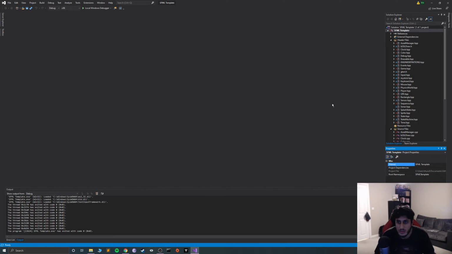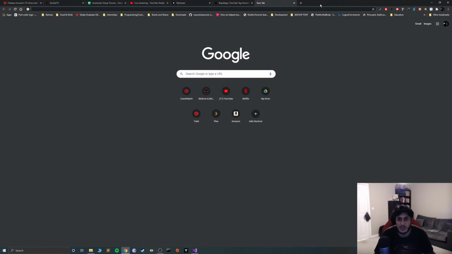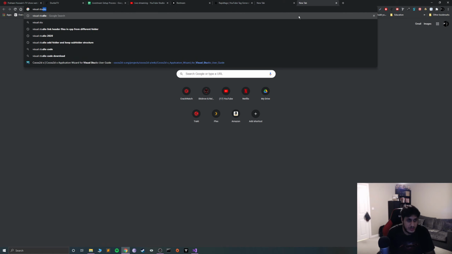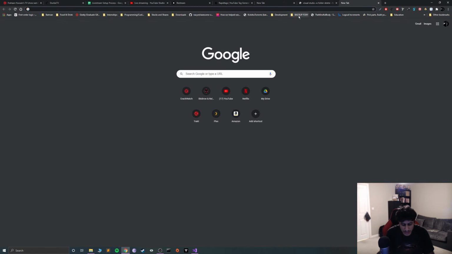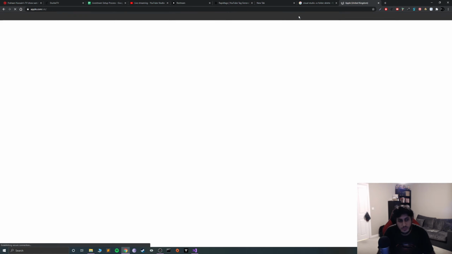So I've been looking to replace this, and if that works well and it's cheap, like if we have a look how much the, now we're going off on a bit of a tangent. Let me put in here Visual Studio, VS Code, VS folder, delete it out. And if we go to Apple